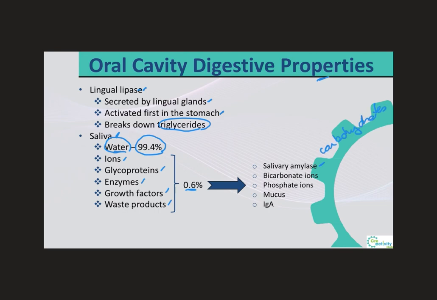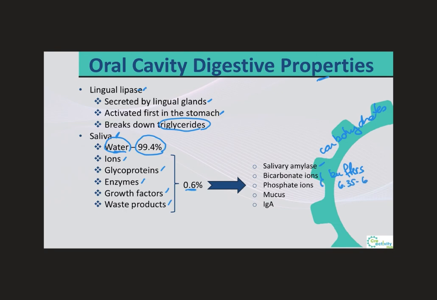So food does not spend enough time in the mouth to allow all the carbohydrates to break down, but the salivary amylase will continue acting until it is inactivated by the stomach acids. So still when it's going down the pharynx and the esophagus, the salivary amylase is still acting on the digestion of carbohydrates. Now, bicarbonate and phosphate ions, they will function as chemical buffers, maintaining the pH of the saliva between